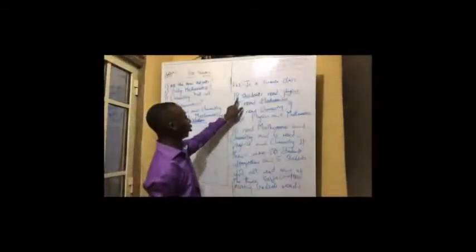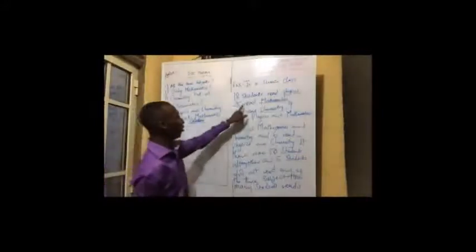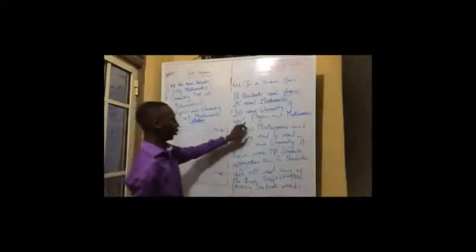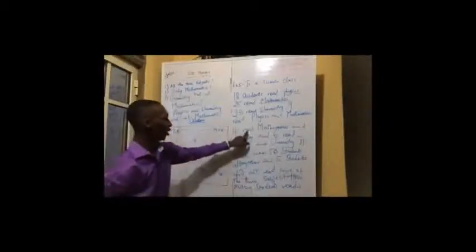Now you are told that 18 students read physics. So physics 18. Then 25 read mathematics, 25 also read chemistry. Then 9 read physics and mathematics. This is physics, this is math. This is their intersection, 9 students. Now 10 read mathematics and chemistry. This is their region. You have 10.